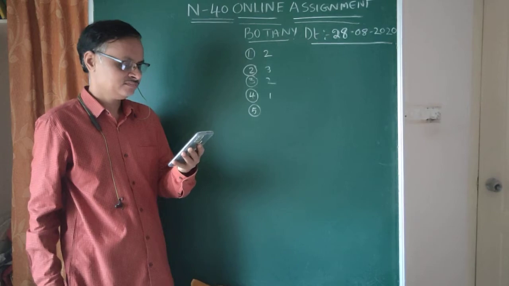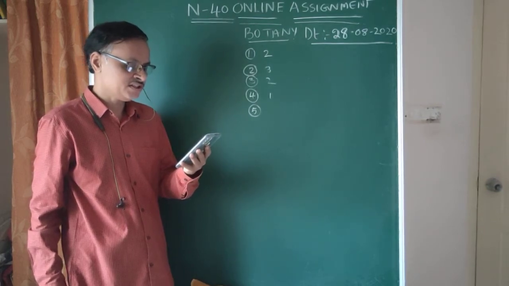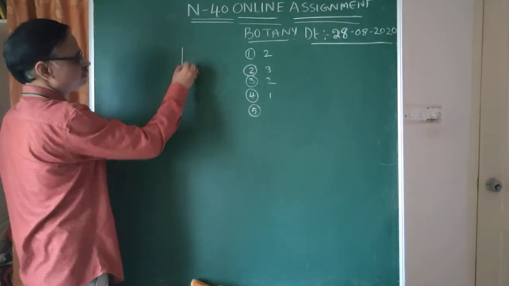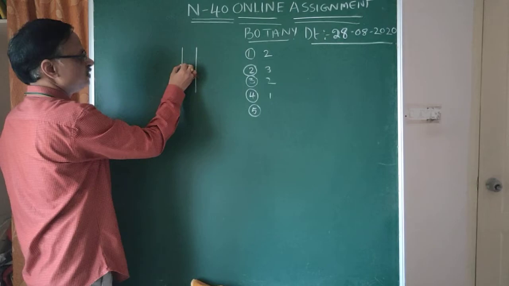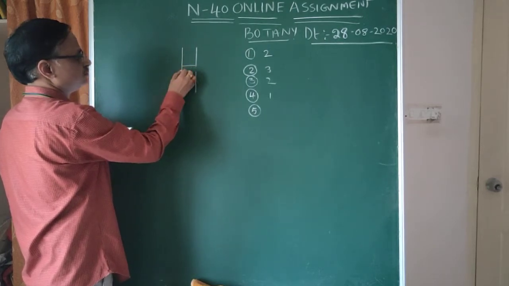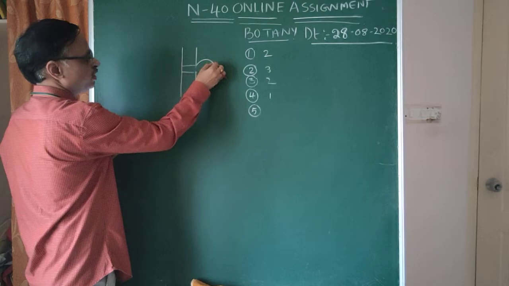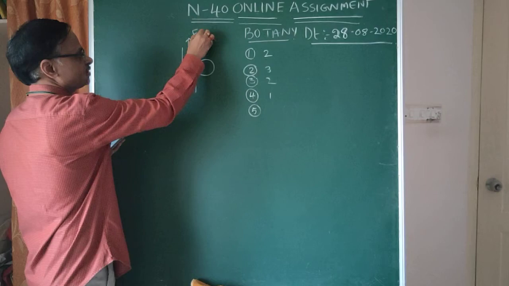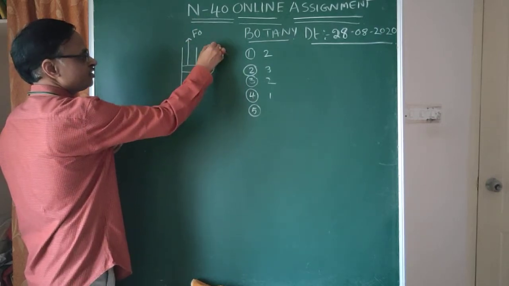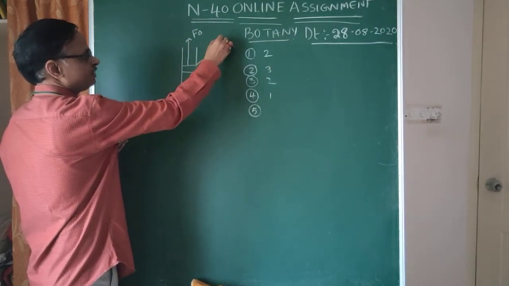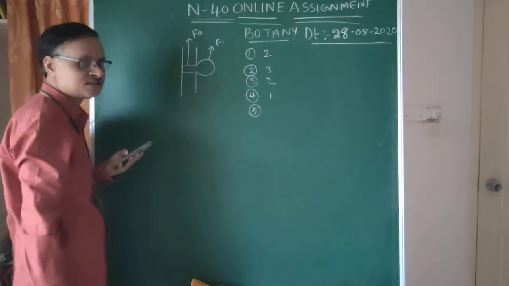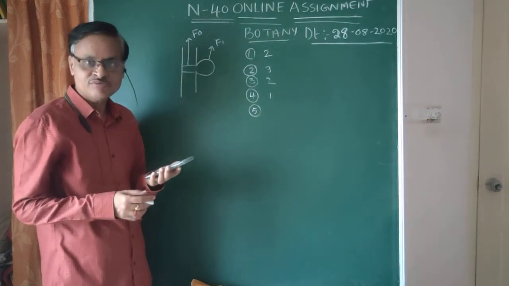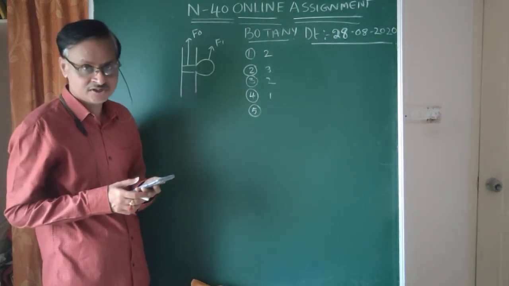Students, question number 5. Which part of ATP synthase is completely embedded in the membrane? Students, it is the inner membrane. It is the membrane embedded part, and it is protruded into the matrix. The membrane embedded component is called F0. The component which is protruded into the matrix is called F1. This entire complex is called the F0F1 complex or ATP synthase. It plays an important role in ATP production during oxidative phosphorylation.